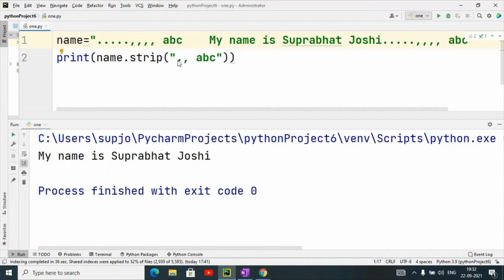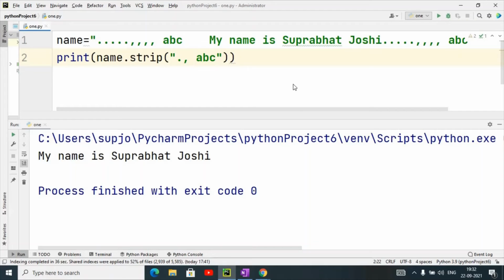Now the strip function is used, and it will remove from the beginning and end these matching criteria: dot, comma, one blank space, and ABC. It will match this particular criteria at the beginning and end, and if it finds it, it will remove it from the beginning and from the end of the string. It will work like that.